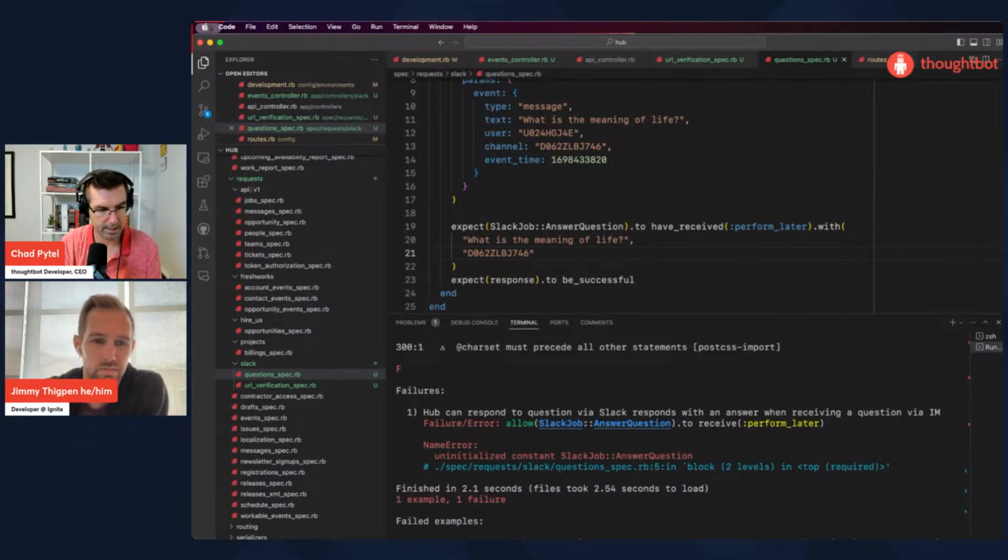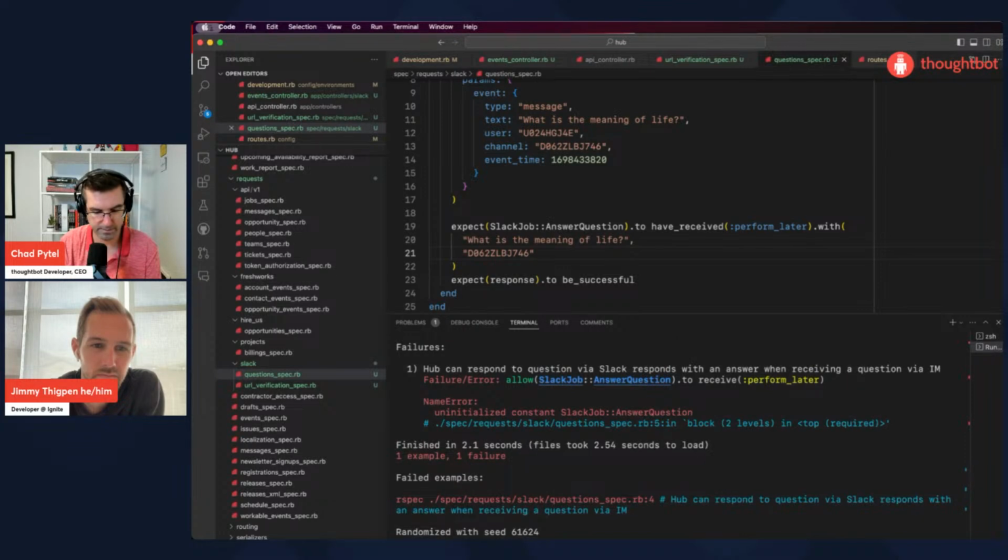So app jobs Slack job. We already have a Slack job directory because everything that communicates with Slack is already under Slack job. Answer question. I think it needs to end in job actually. Nope, it doesn't. Answer question. Cool.